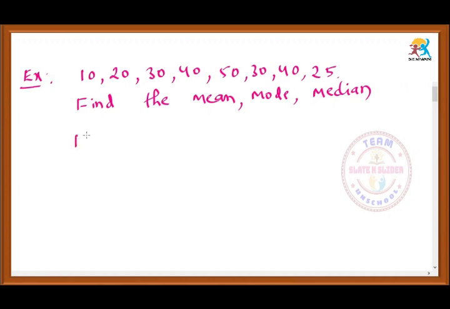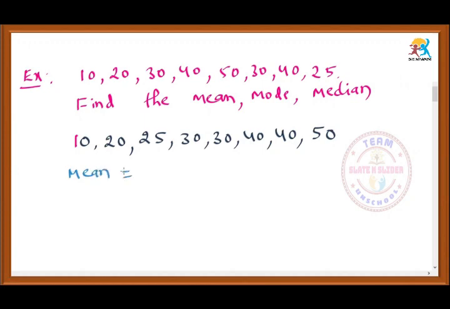10, 20, 25, 30 has come twice, and 40, 40 and 50. How many times? 4, 4, 4, 8. 4, 4, 8, right. So for this we will find out